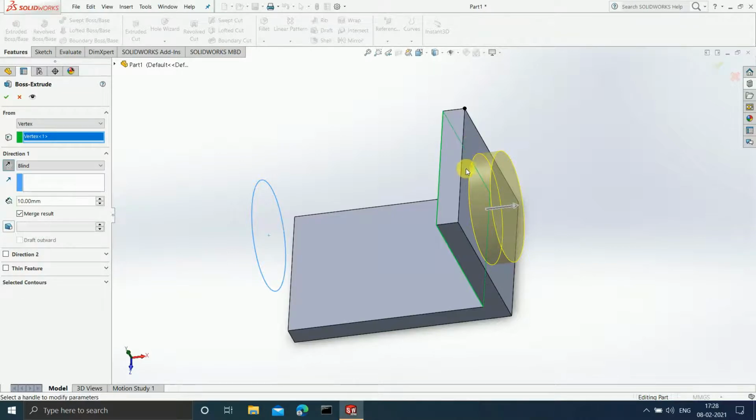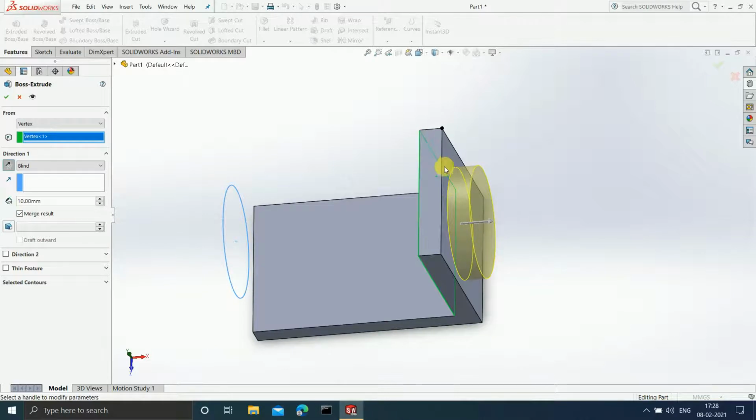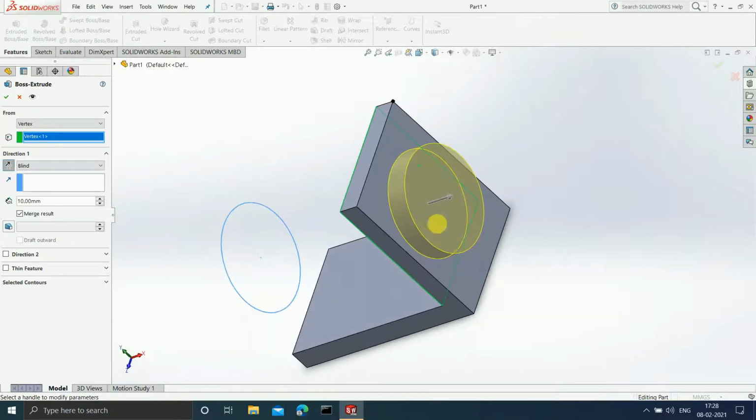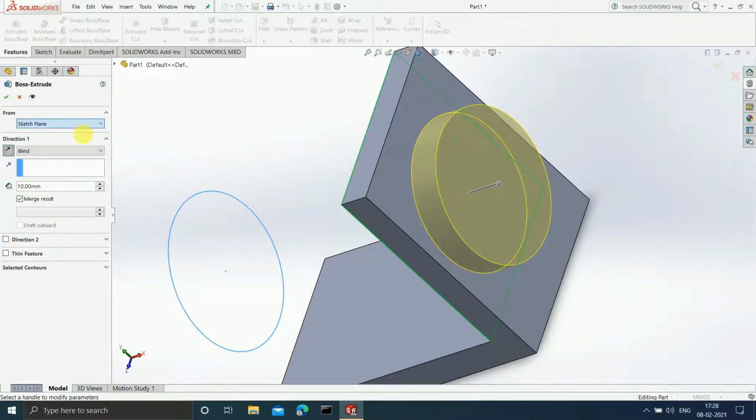Okay, therefore the extrude is now going to start from this plane, this back surface of our 3D model. See, this surface. Okay, so guys, I hope that you have very well understood what is the use of from vertex, from sketch plane, from surface, and offset. Offset I have already explained earlier in this video. Okay, now let me choose again the sketch plane.